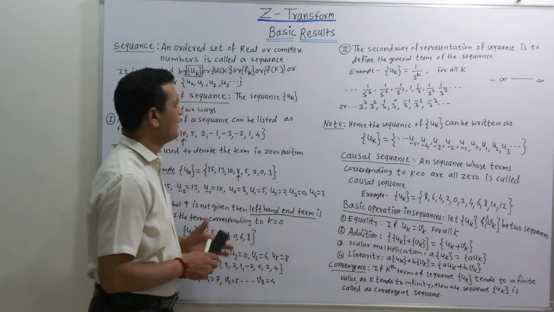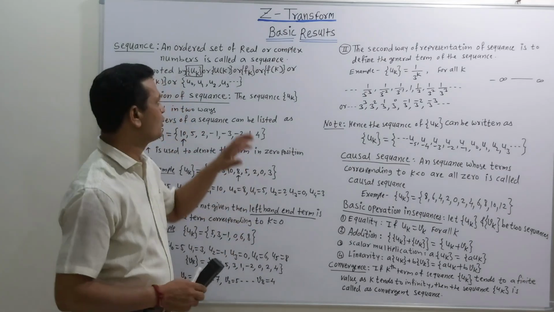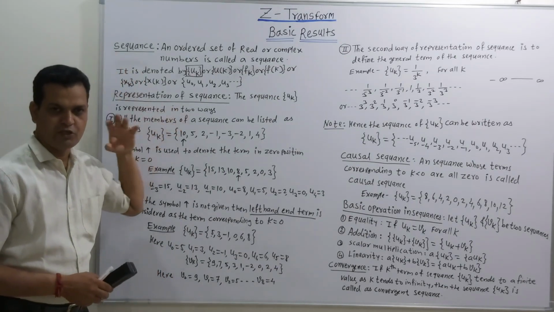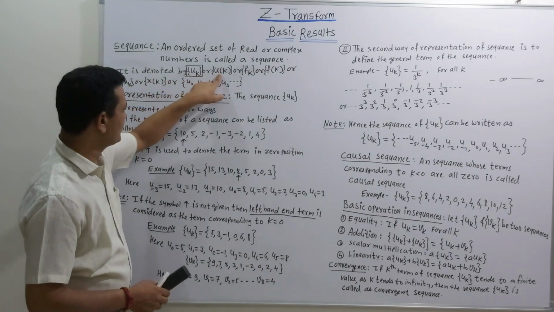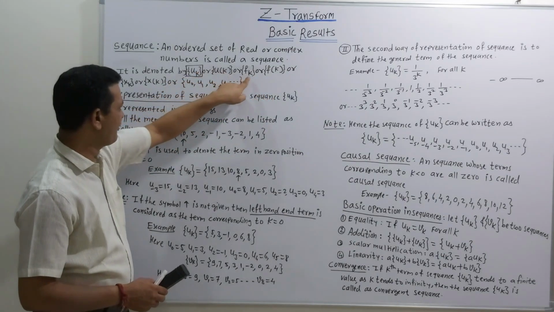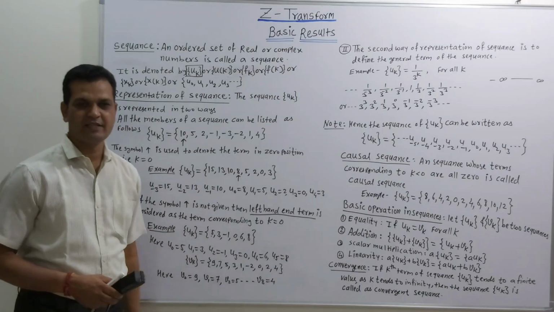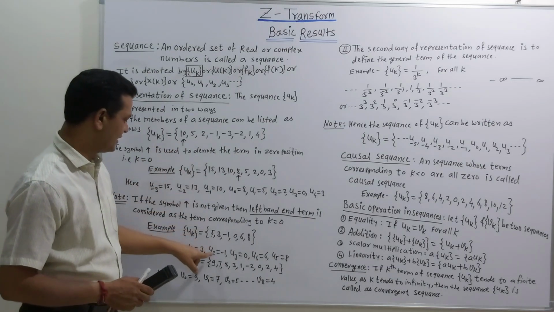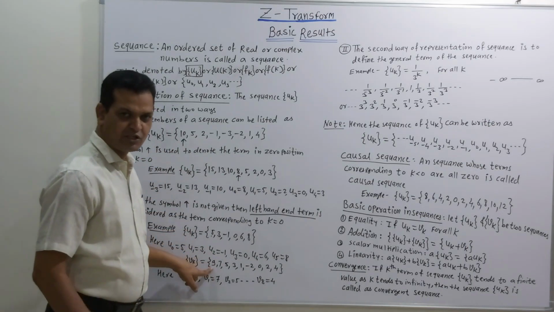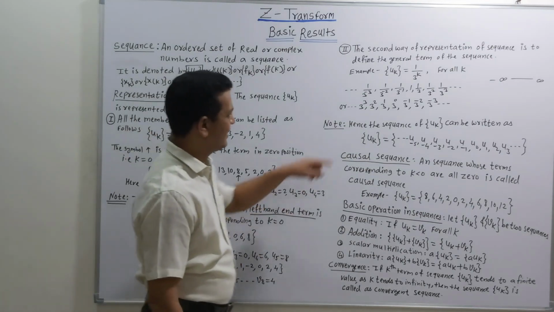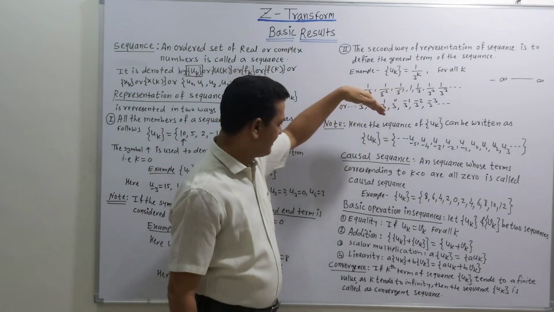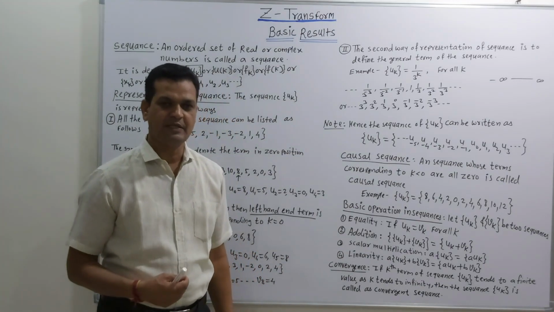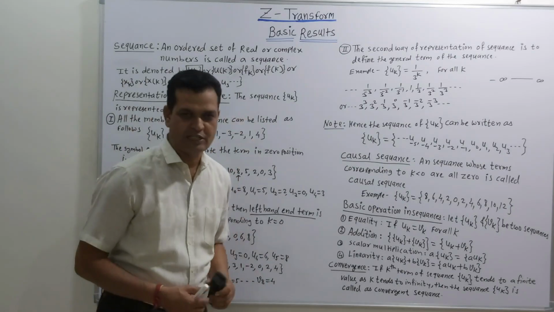So friends, here we learn the basic results related to the Z transformation, and basically all these results are related to sequences. In short, this is the notation to denote a sequence: UK, f of k, or some people denote it by xk and so on. There are two representations of a sequence. In one, a symbol is there, and the symbol marks the initial or 0th position of the sequence; the second way is the general term. Then these are the basic operations related to sequences. Now let's take some other basic results related to Z transformation.